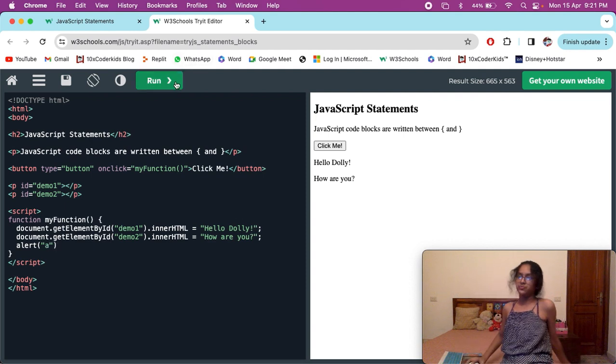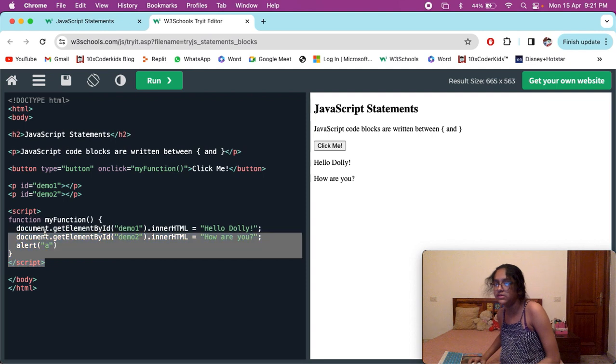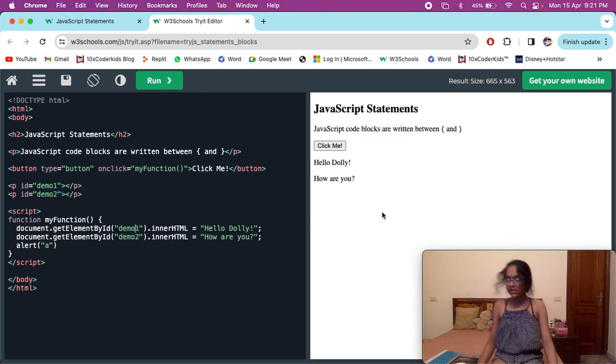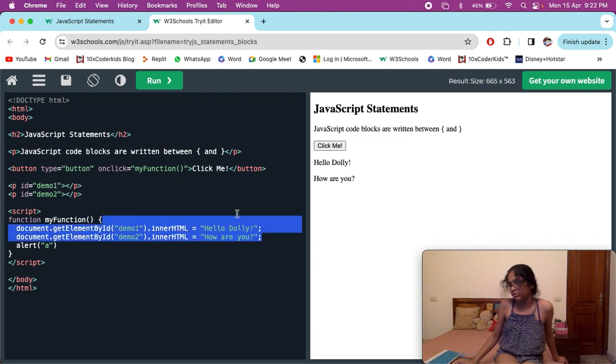Okay, now I'll show you. Run. See, that is what it is. As I'm telling you, we can put as many statements inside here. What you want to do is sometimes connect them together. For example, when this button is clicked, I want this function to work, and in this function, just this stuff. Why do we make functions? Because we can just put the name of the function and not repeat the lines again and again. So we put them in curly brackets here, and it will work perfectly fine. To connect them together, of course you'll do that.